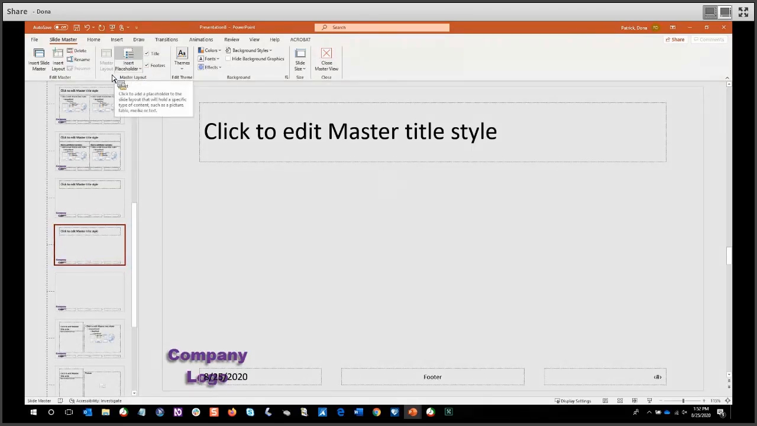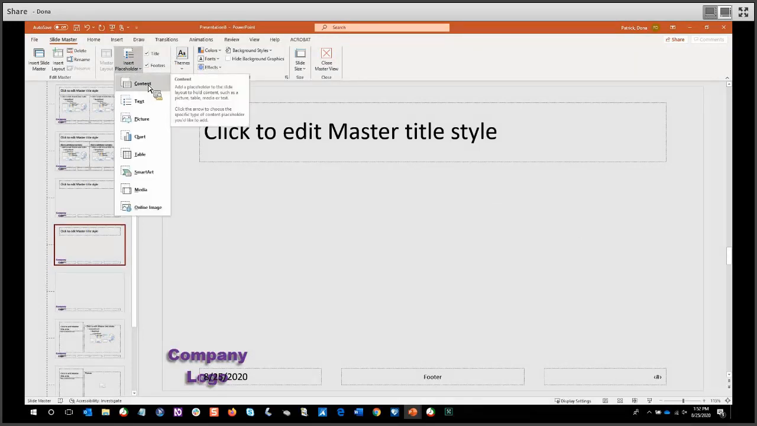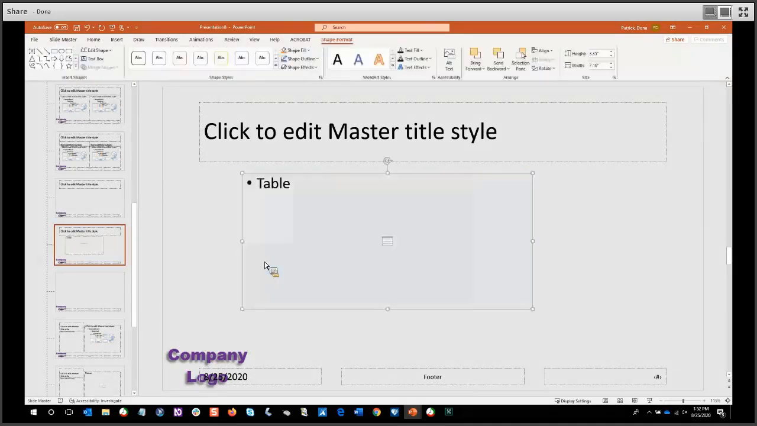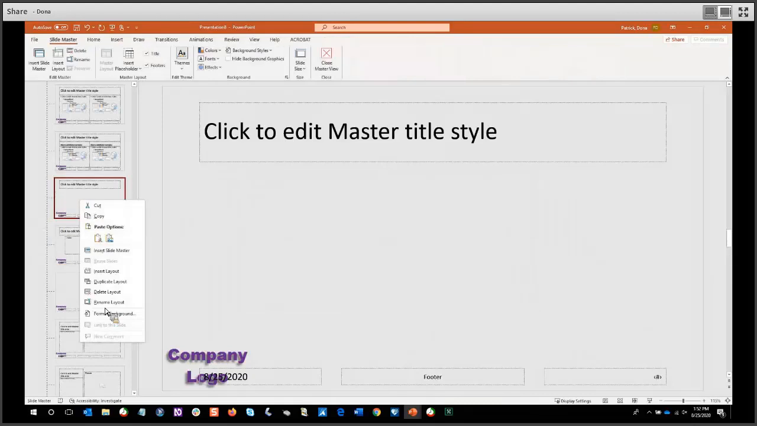You can go up here to insert placeholder. So instead of choosing content, which gives you the option to add all sorts of things, let's say you really want people only, this page can only have a table. So let's just click table, and then you can just add the content. So this page will only hold a table. If you want to do another one where they can only have a picture,